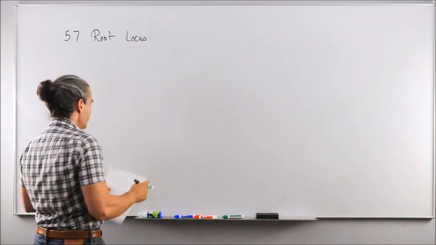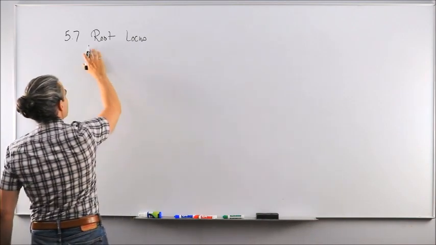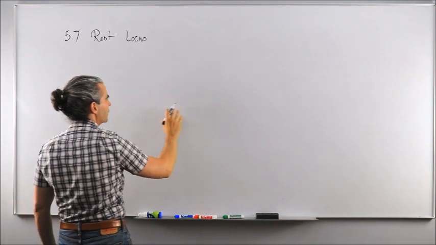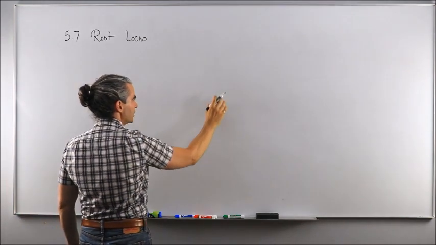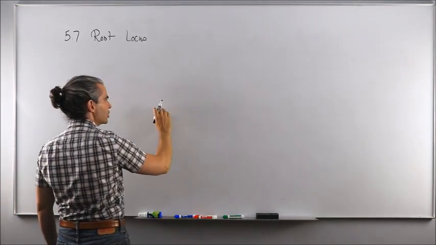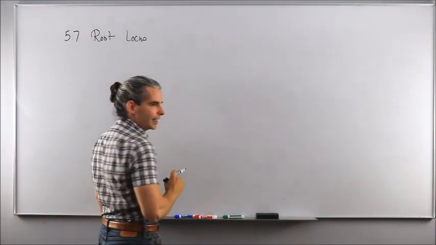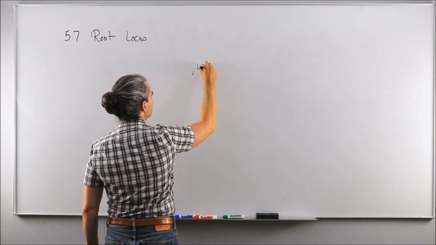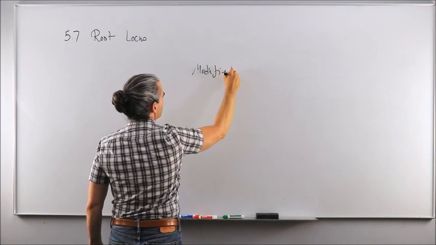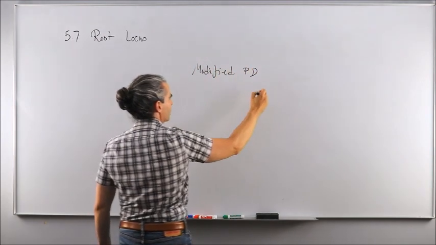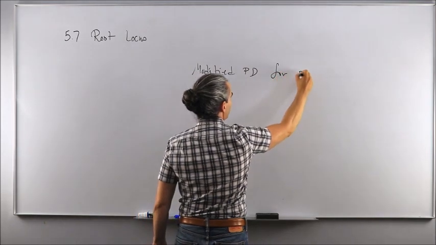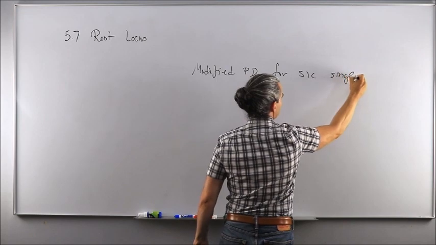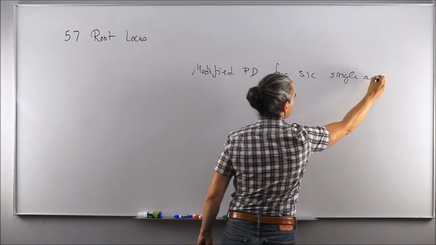Okay, so to kick off this discussion on root locus and how that relates to mapping the position of the closed loop poles in a complex plane as a function of the open loop static gain, let's go back to our modified PD controller for spacecraft single axis